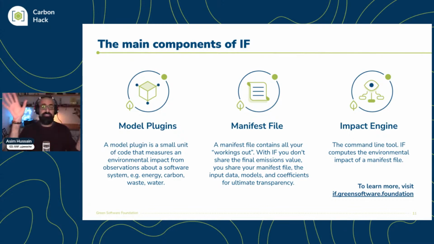That is the thing that computes the manifest file, runs it through all those model plugins, and generates the impact. Through this approach, you can measure anything. You can take an observation of CPU utilization and craft a pipeline of micro model plugins together to convert that into a carbon impact. You might then swap out just one or two of those micro model plugins in the pipeline in order to change that pipeline from a carbon pipeline into a water pipeline, a waste pipeline, air quality,